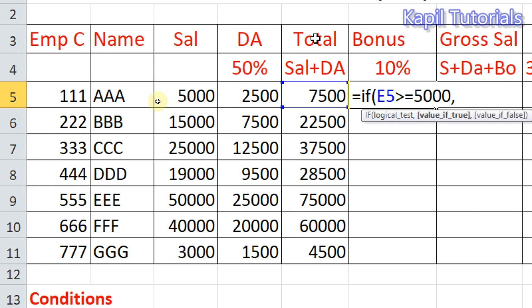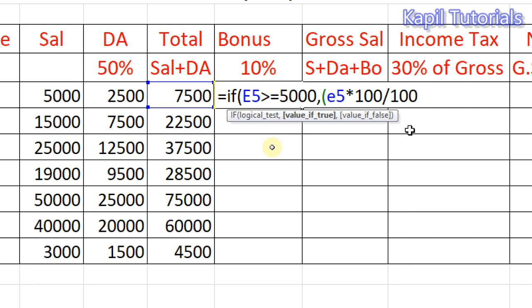I'll again start with the bracket. Then what should happen? 10%. Again E5 multiplied by 10 divided by 100. In this way I can use it, or I can go with another bracket also.